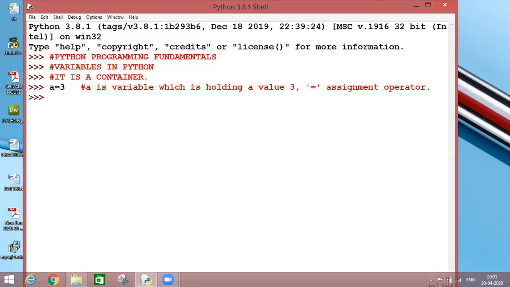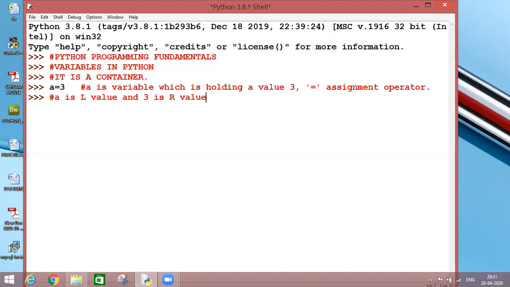Another point with respect to this only, I am saying that a is equal to 3, a is my variable and 3 is my value. So here a is my L value, that means a value which is written at left hand side, and 3 is R value, which means 3 is written at right hand side.